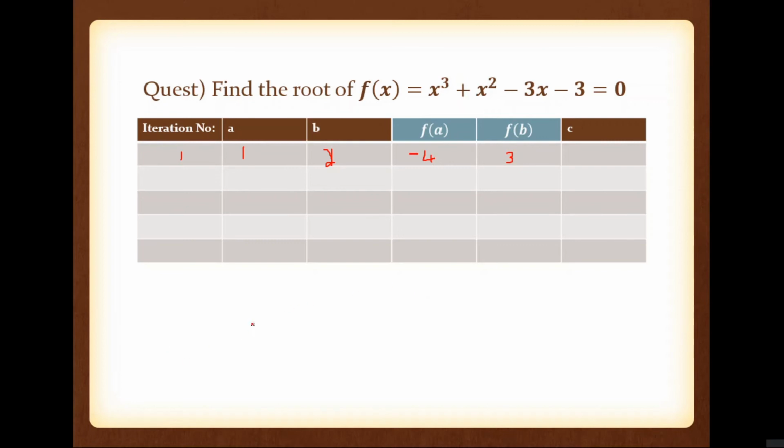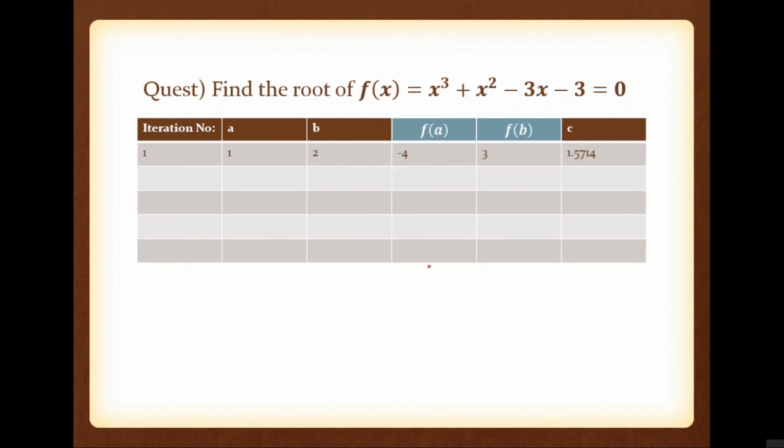Now you have to find c. So what is c? Before writing the tabular column, from the exam point of view, always write that equation. It will help you. c is equal to a minus f of a into a minus b divided by f of a minus f of b. So can you say what is the value? Anyone? The value of c is